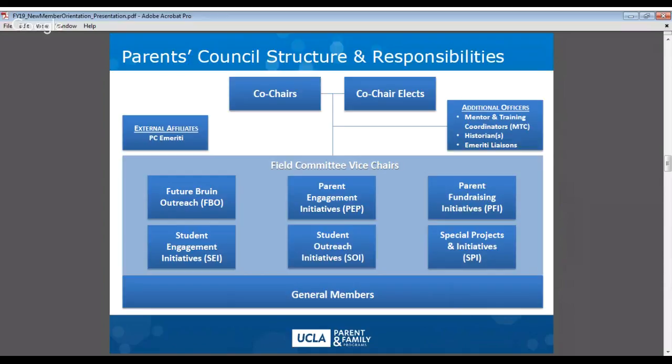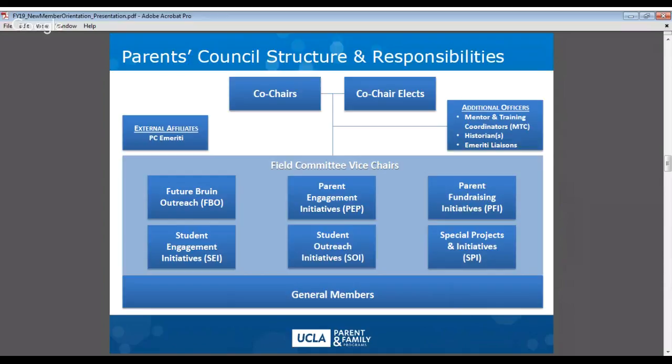Parents Council is structured so each member is assigned to a specific committee, but we'd like to note and emphasize that the intention of this is only to break down the size of the group and allow for engagement with one another, but does not limit the types of events or initiatives you can volunteer for. Each of the 6 committees has vice chairs that liaise with the staff monthly via conference calls and will, on occasion, reach out and check in with you as well. The committees and leadership are as follows.